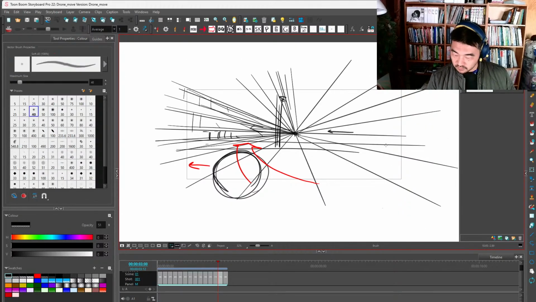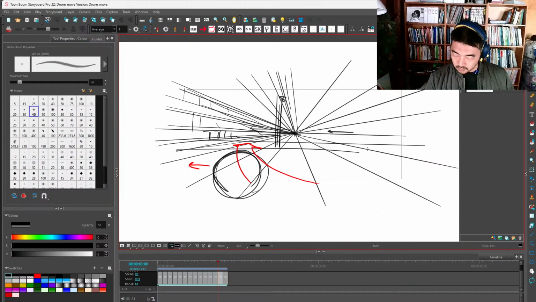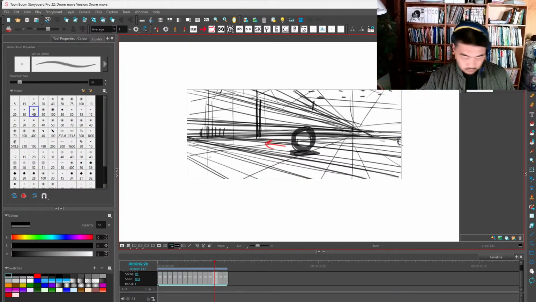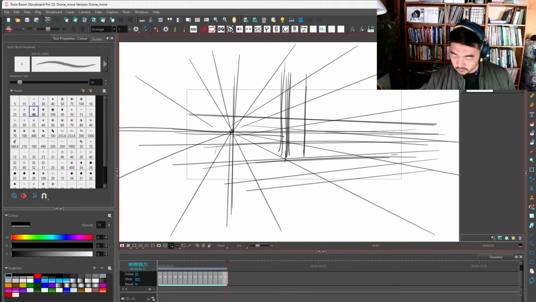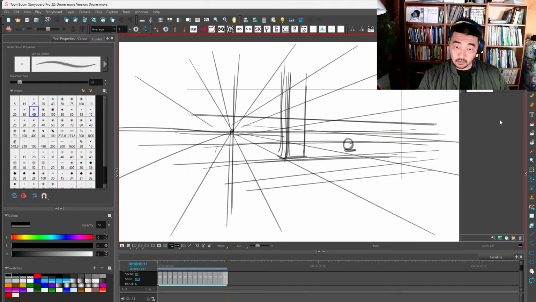Maybe you feel like another ball moving there. Or maybe the ball is right here. Let's move a ball right there. We're going to come around.